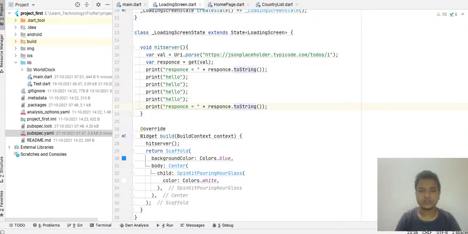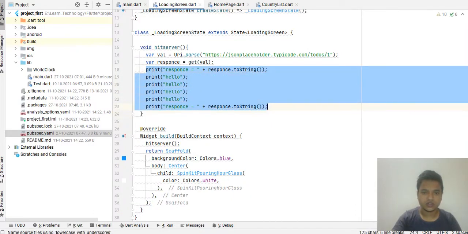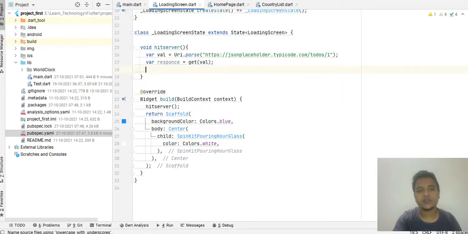So my motive in explaining all this scenario is to understand that we have to wait here. Let's delete all these lines. We have to wait here until the request is complete and data comes back from the server. Once it gets back, then it returns to the calling function with the whole body and the results. So we have to put an await keyword here. But as I put await, it shows an error because we didn't declare it async here, async.